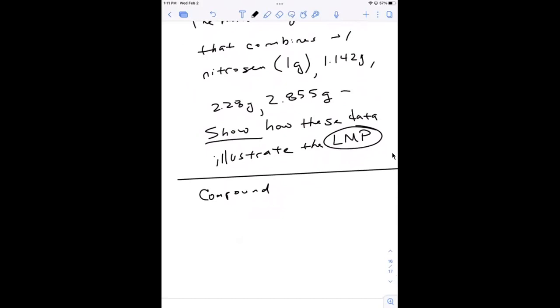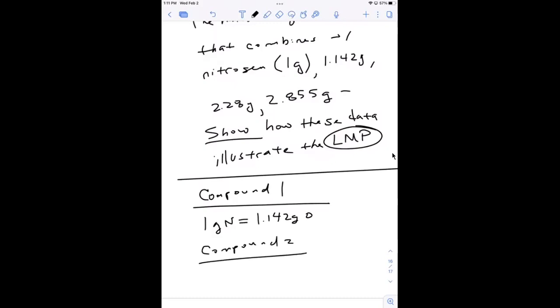So let's look at it. So let's say compound 1 is 1 gram of nitrogen. It already gave us that. And then we set that equal to 1.142 grams of oxygen. For compound 2, made up of the same two atoms, nitrogen and oxygen, compound 2, 1 gram nitrogen equals